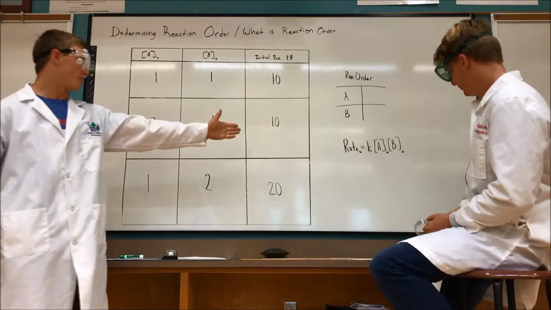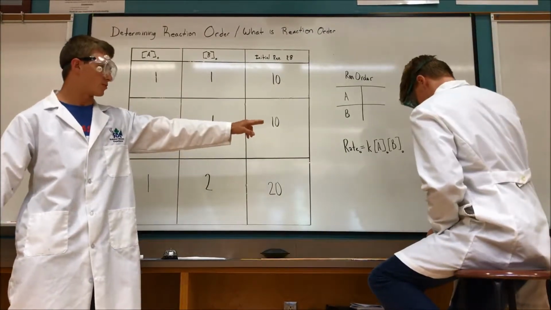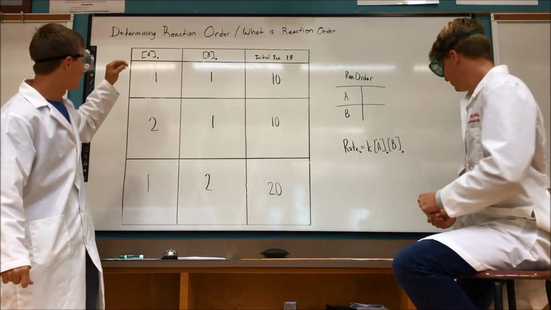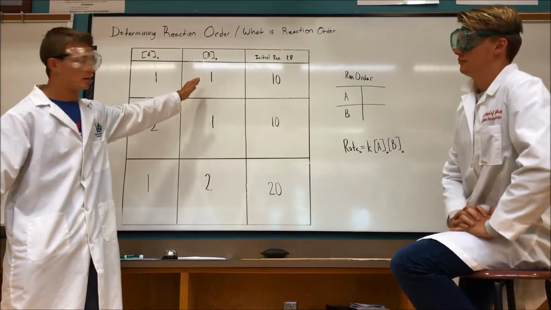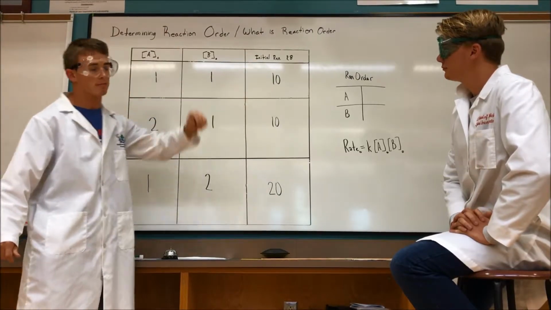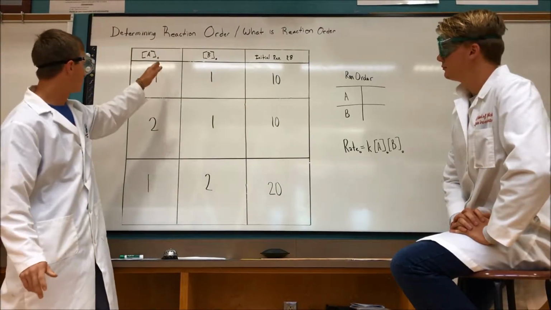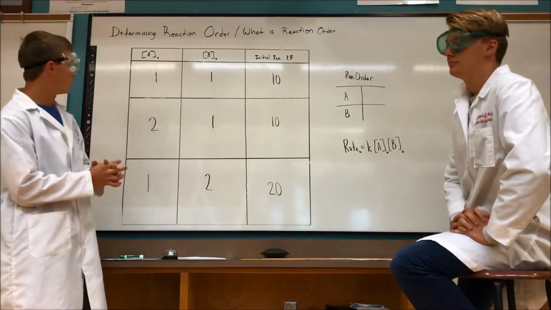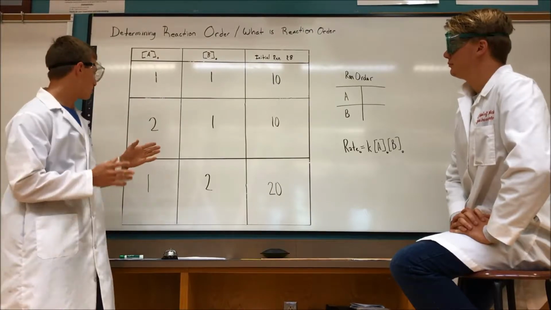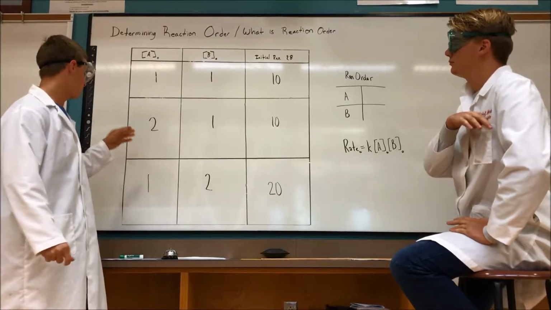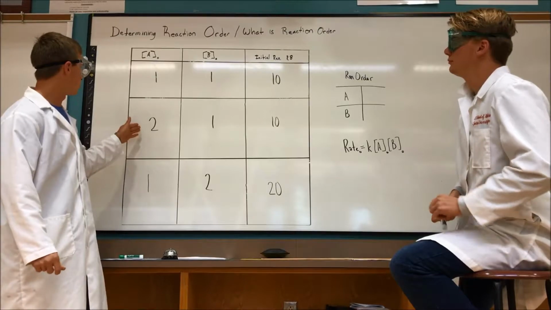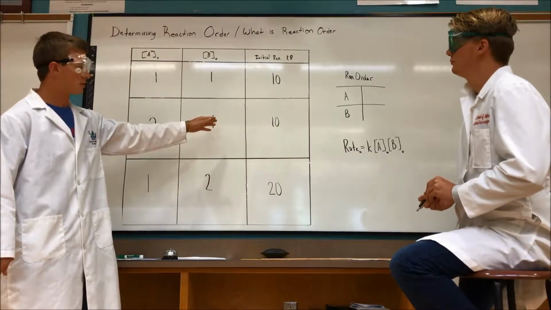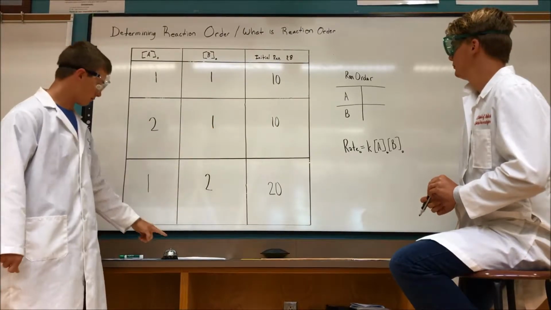So when we're trying to determine the powers on our initial concentration of reactants in the rate law, we're going to go to a chart like this. What we're going to plot is the initial concentration of each of the reactants versus the initial reaction rate. So we'll start with a known of 1 A and 1 B, and we see that the initial reaction rate is 10. And then we're going to change the concentration of one of the reactants. In the first example, we'll double the initial concentration of A and see that the initial reaction rate does not change. This signifies a 0th order reaction.